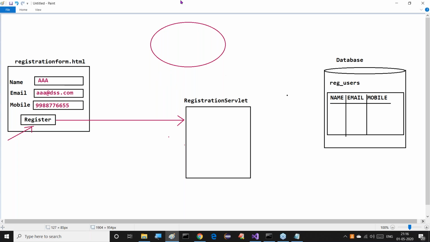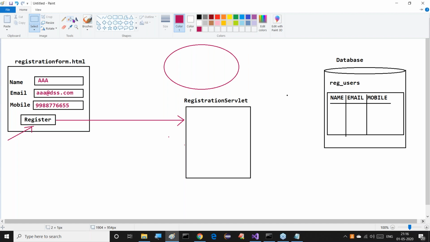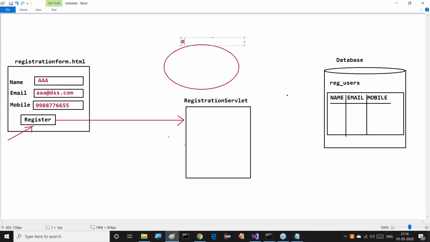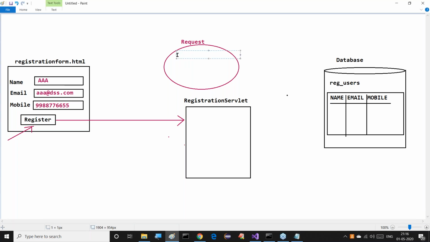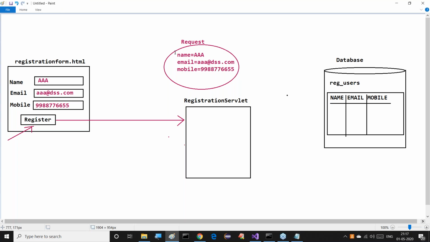This is my request object. Inside this request object, which data will be available? Name is equal to AAA, email is equal to AAA@dss.com, and mobile is equal to the mobile number we provided. Data is stored in the form of an object. Right, sir. Good.